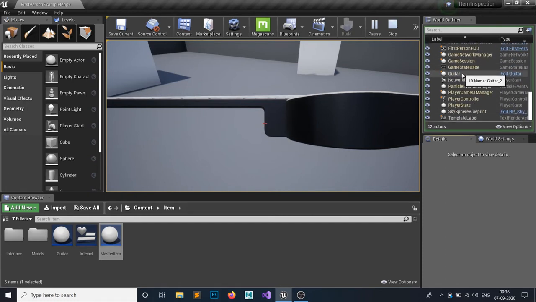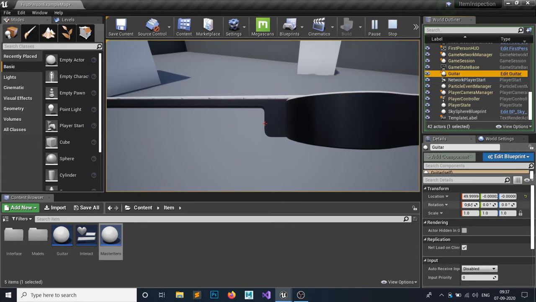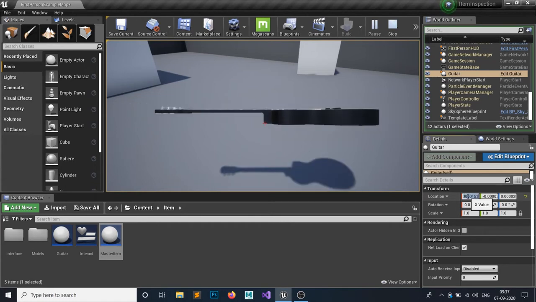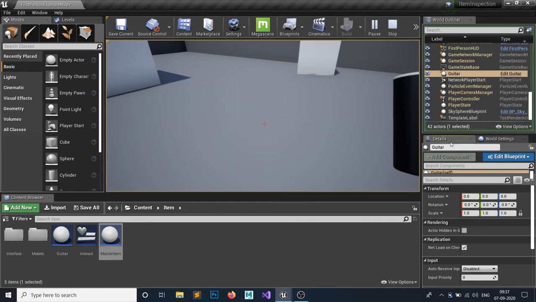I am using the guitar. You can see the transform location is 50. So let's try with, let's say, 100, let's say 130. Okay, 130 is fine. So we're going to attach it at 130, 0, 0. Okay, so let's check this.